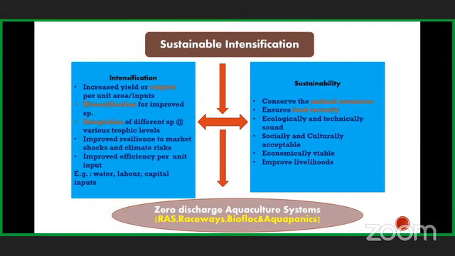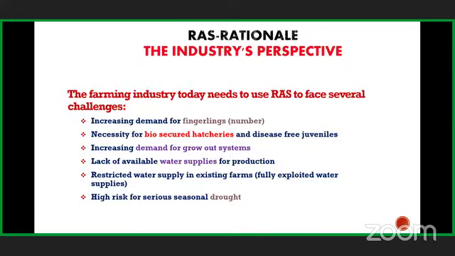This is one aim which I keep because of high population, and on the other side we have to take care of our environment, to conserve our natural resources, and to provide food security. Overall, these RAS and new generation aquaculture technologies will show how we can sustainably enhance our production while protecting our environment.